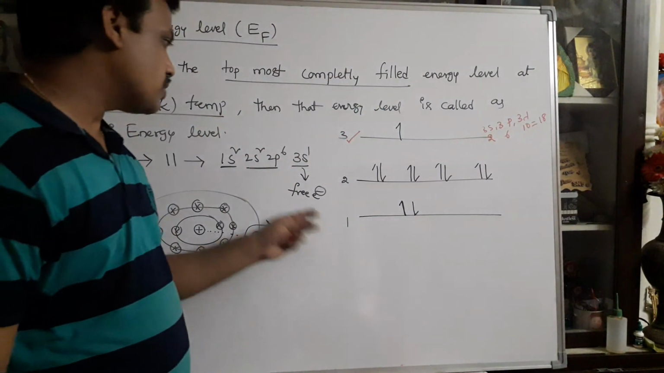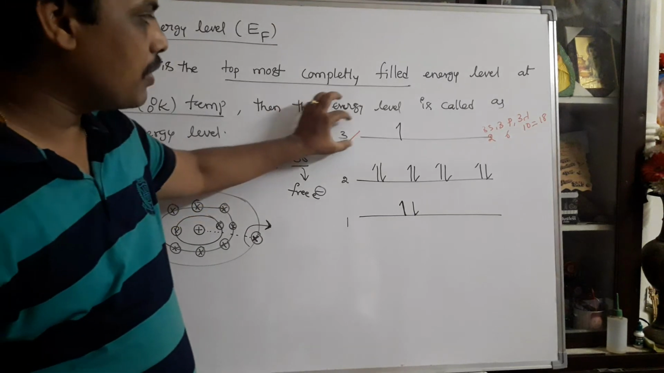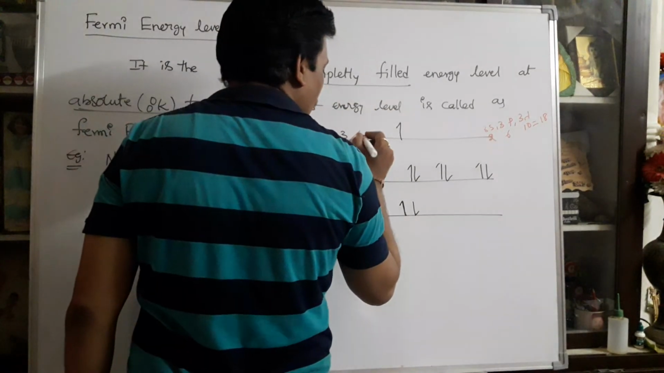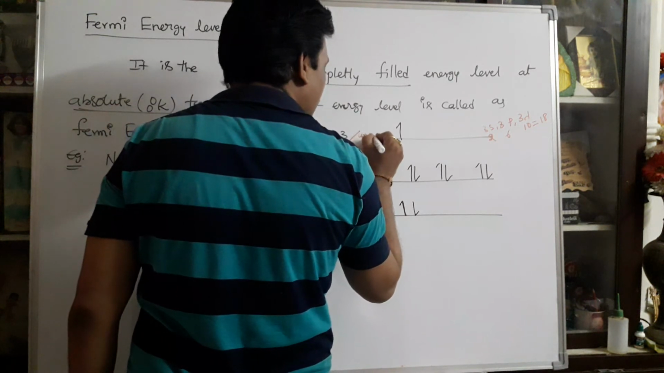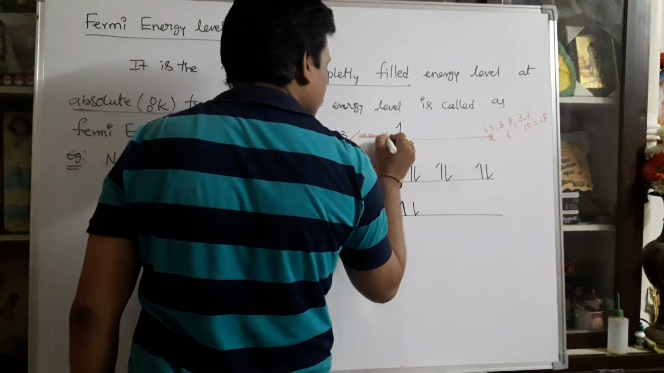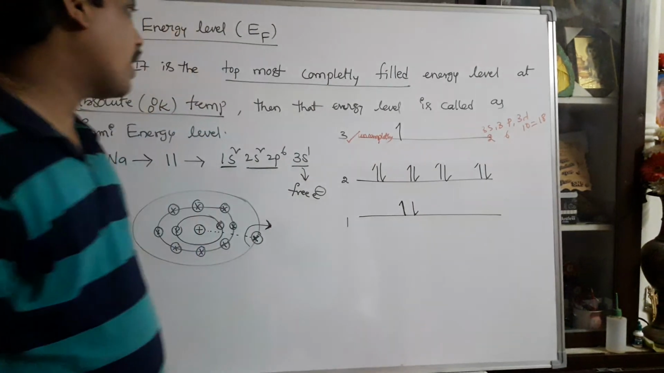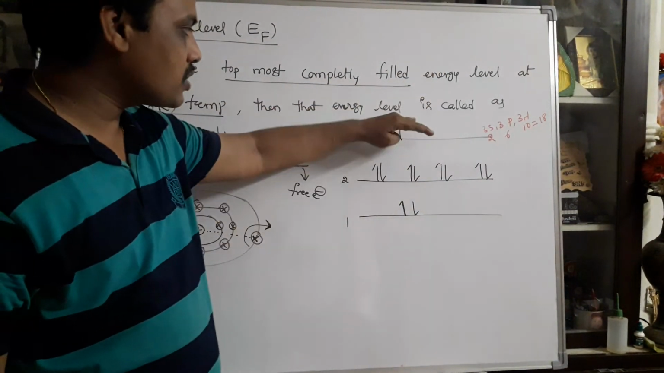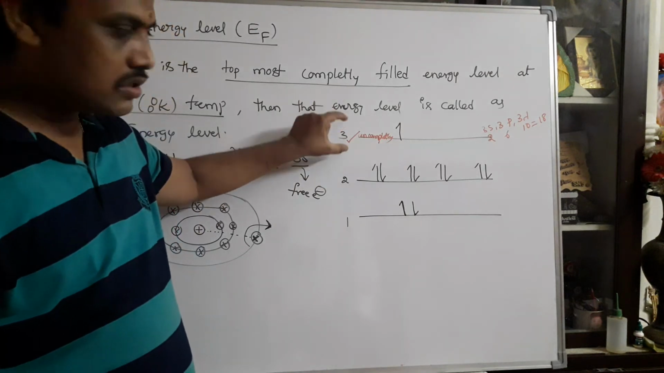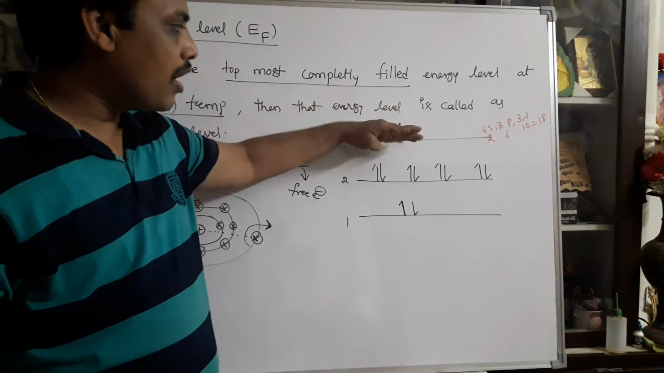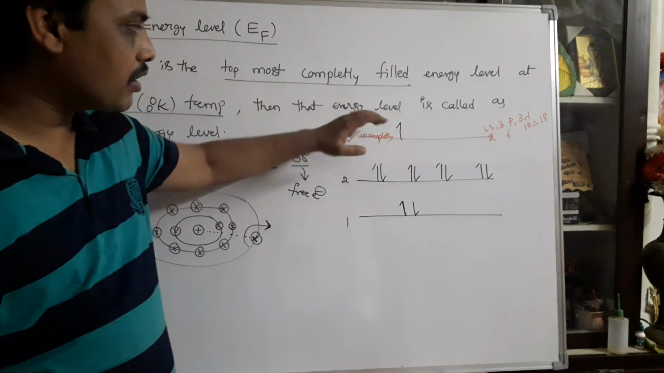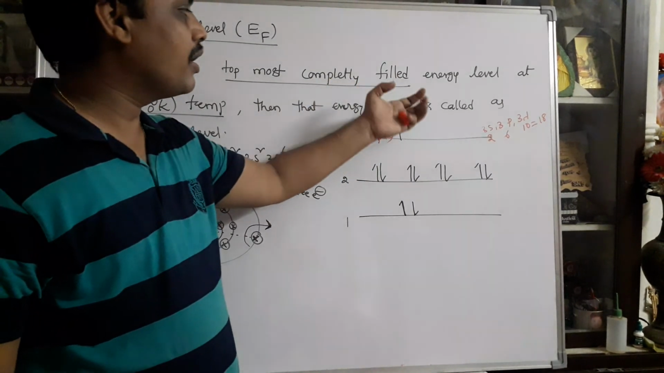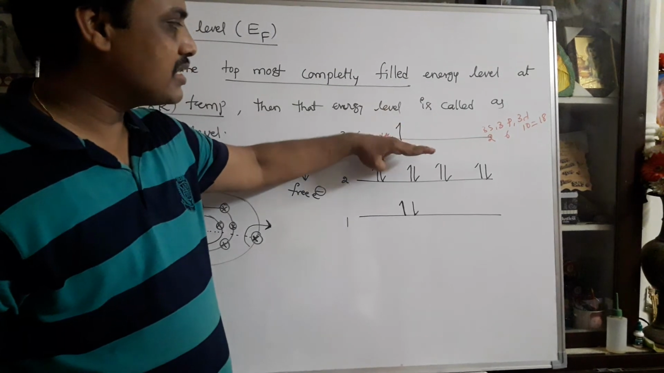So according to sodium, in the third orbit there is only 1 electron. So this is an incompletely filled level. According to the definition, the topmost level is the third orbit, but this third orbit is incomplete. You cannot consider an incomplete level; you consider only a completely filled level. So based on the third level being incomplete,